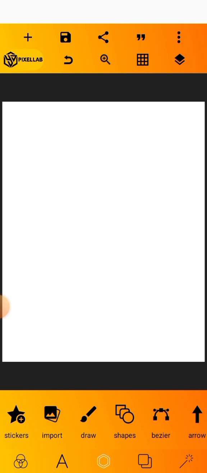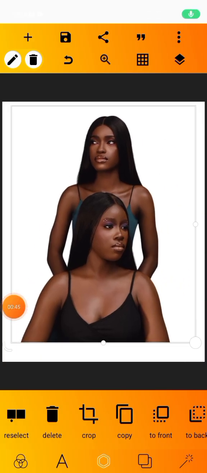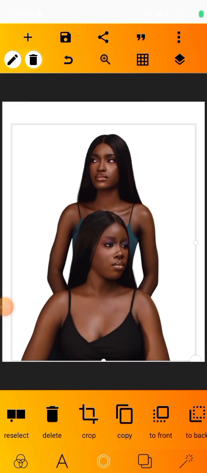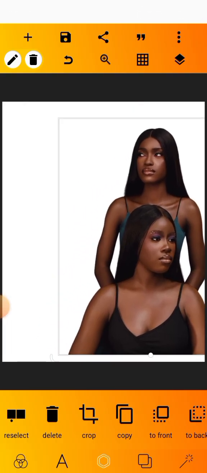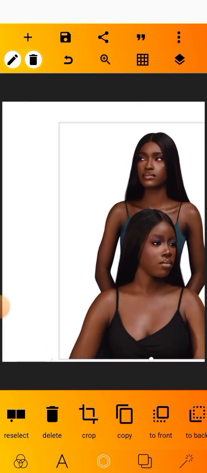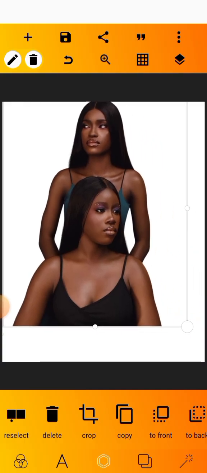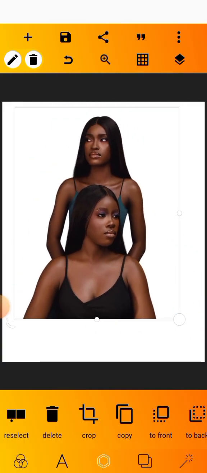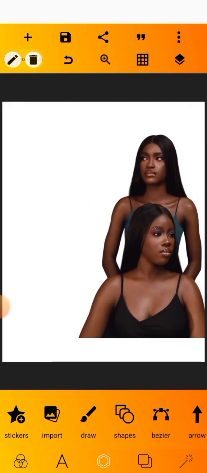So let me import the image. Alright, so this is the image we're going to be using. We're creating a hairdressing flyer design, or a flyer design for a hairdressing brand. Right, so yeah, here we go. So next thing we're going to be doing now is bring in